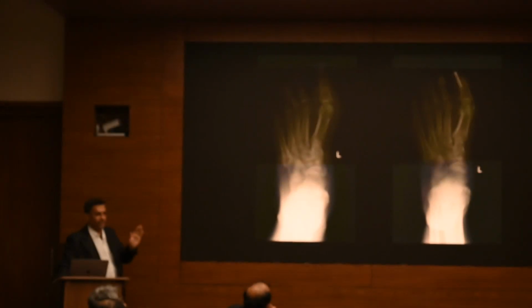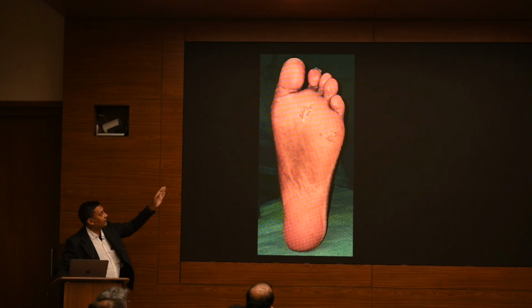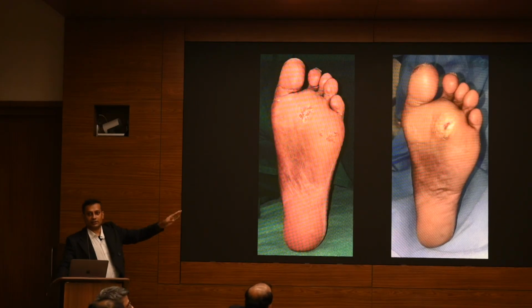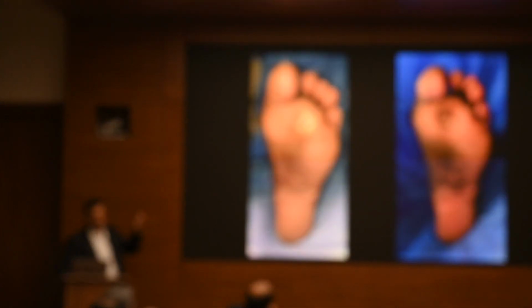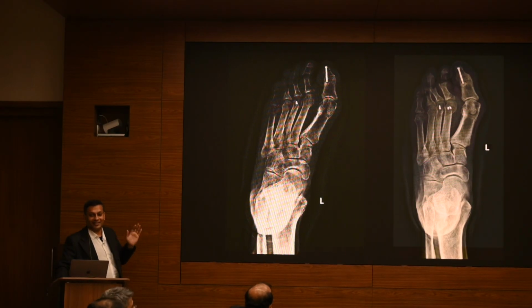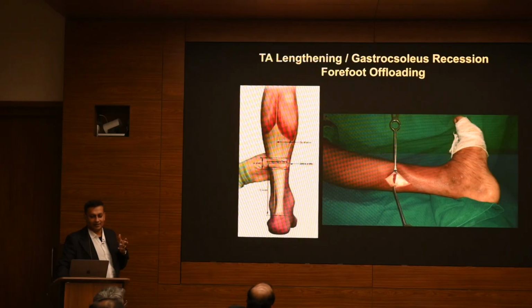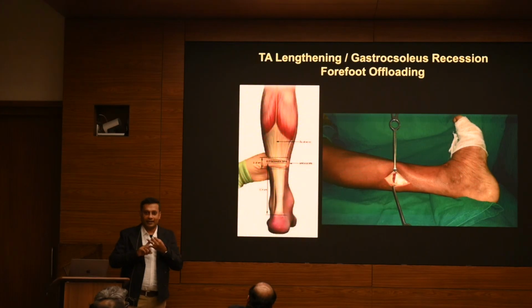But what happens is you usually get a slightly supinated foot and the ulcer heals, but he'll come with a transfer ulcer on the lateral side. So once you get that, do a wheel osteotomy, raise that metatarsal up, it heals, but he comes back with an ulcer on another metatarsal. So again do a wheel osteotomy and it heals. But then it is telling you something. It is telling you that most probably the gastroc soleus is tight. In such cases, we do a gastroc soleus resection, where they have multiple, recurrent metatarsal head ulcers,